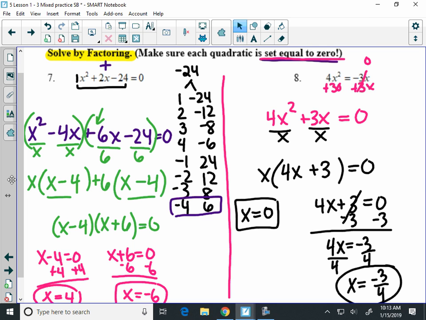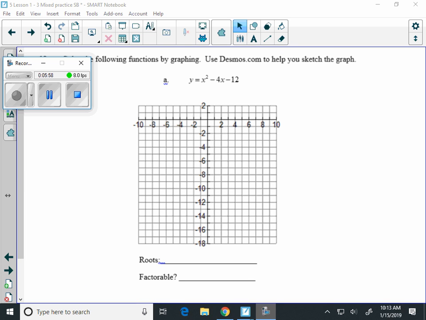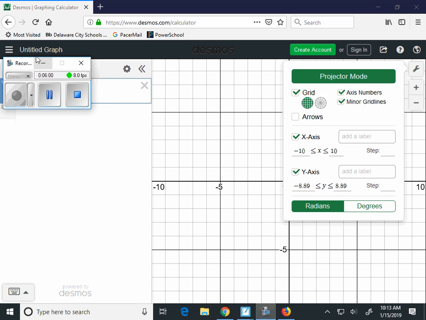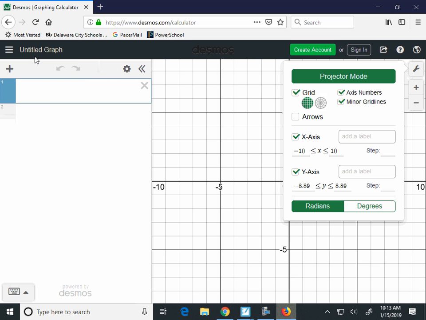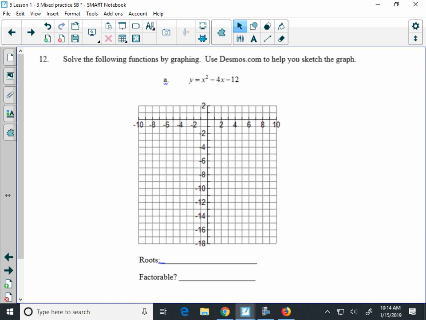All right, so that should help you with a couple of the factoring ones. And then on the back, we're going to review graphing. I'm going to pull up Desmos here. All right, in order to graph this last quadratic here, which I believe is the last one, yep,